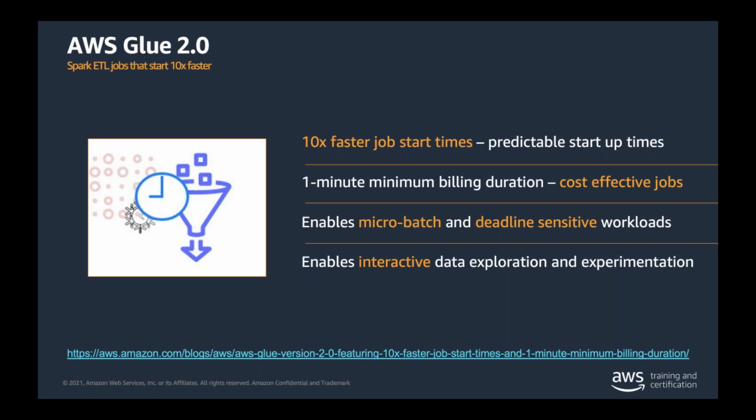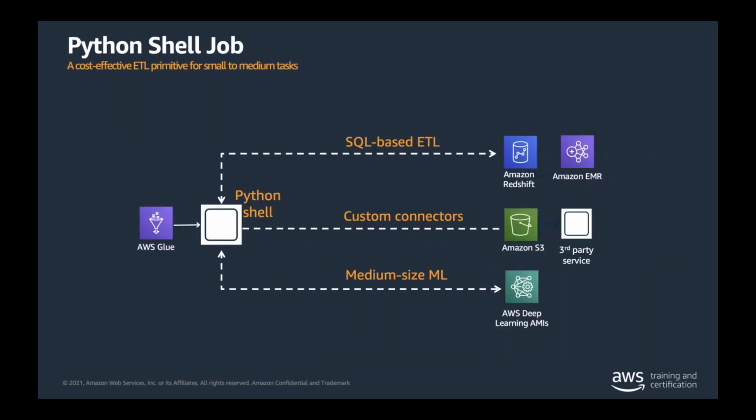And this can be micro-batch jobs to quickly load data lakes, data warehouses, and databases, and also enable real-time analytics. Because with faster job start times, customers can now run SLA-driven data pipelines much more reliably. Essentially, faster job start times enable interactive data exploration and experimentation. That's the whole point. And there are also Python shell jobs that you can leverage in AWS Glue to run small